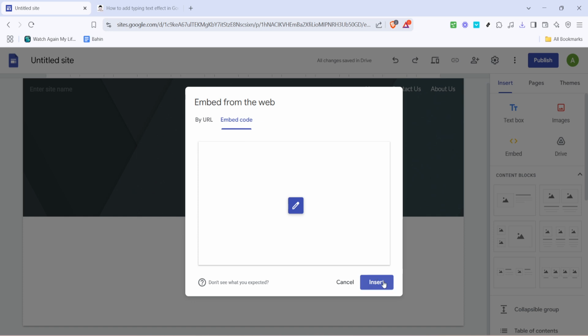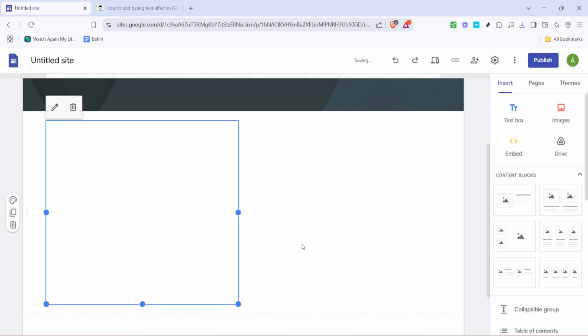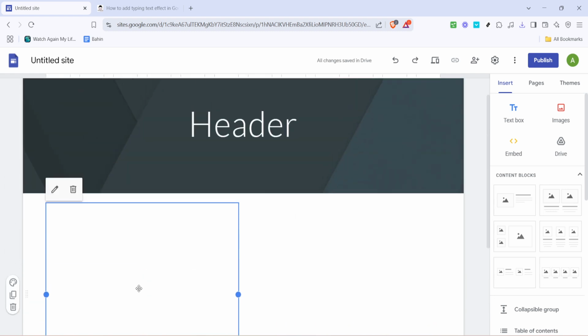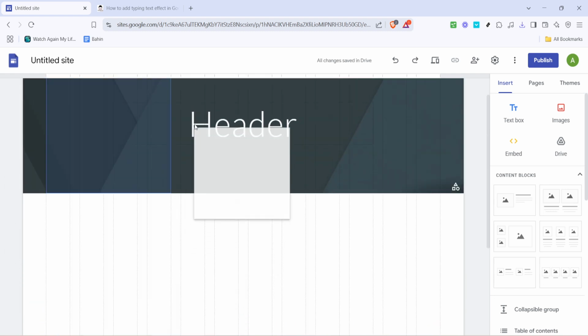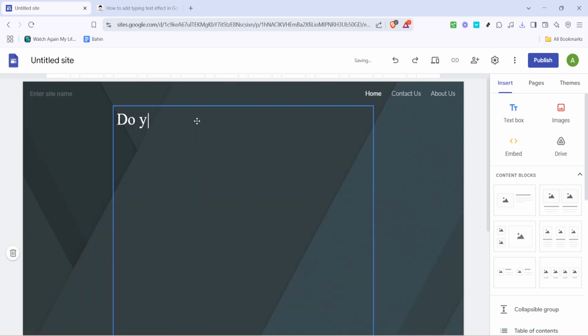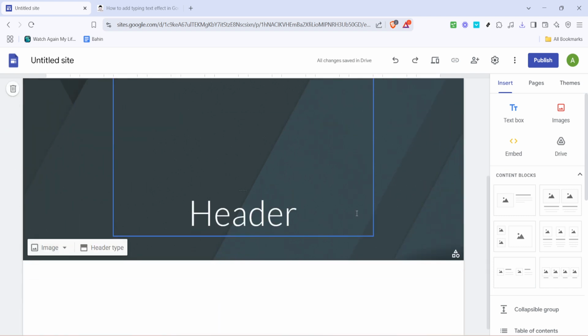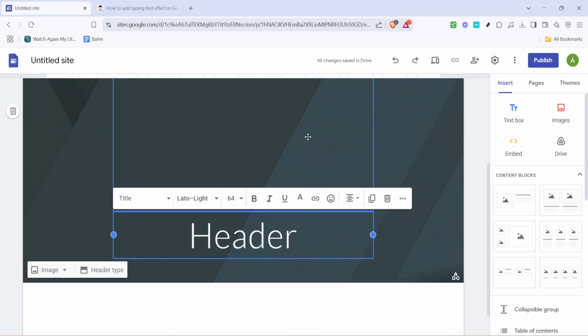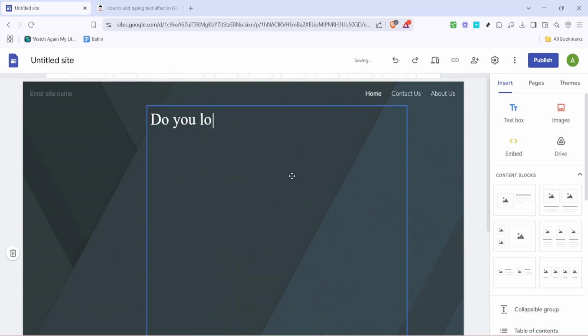With the code in place, there's a next button you'll need to click. This step allows Google Sites to process the code and prepare it for inserting. After clicking next, you should see a preview of the effect or some additional options. This means everything is going well. From here you'll see an insert button available for you to click. Pressing insert uploads the code onto your page. Almost there, just one last touch.